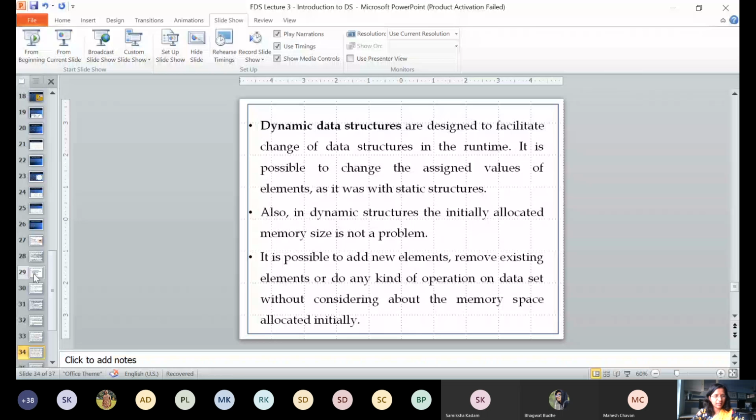So in this case it may happen that memory locations which are not used will simply go waste, right? So to save this memory wastage, we go for dynamic memory allocation. So dynamic is what? Allocate only the required amount of memory, and that too at runtime, just to avoid the wastage of memory. Okay. So this is the difference between static data structure and dynamic data structure.